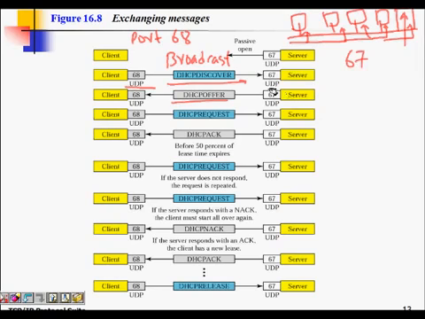So the broadcast message goes to everyone. Let's say there were two servers. Both of them see this broadcast message request. They reply to you with some IP addresses as offers. So it comes to this client, and now he has got two offers. One is 172.6.8.5, and another one sends 172.6.8.21.